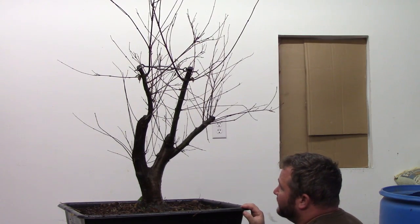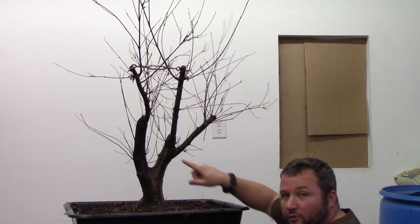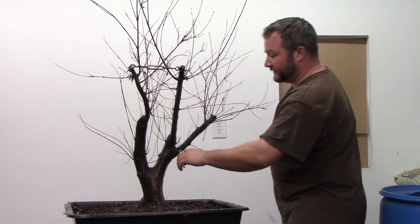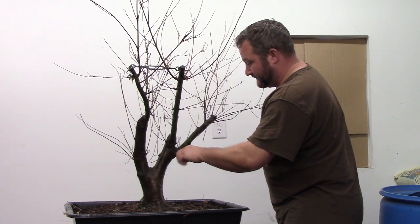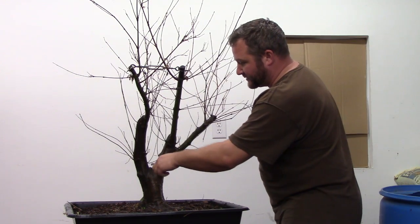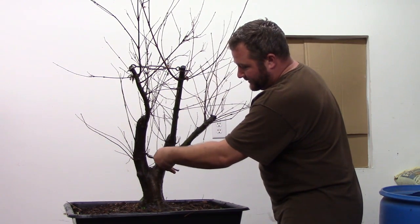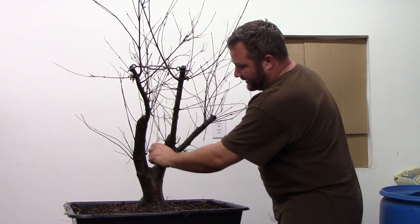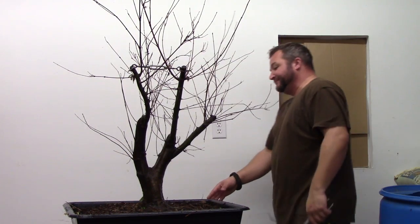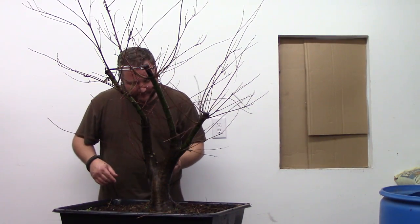Let's go ahead and get started with the basics. Obviously, the first things that we're going to want to eliminate is anything growing inwards or across anything. So, for instance, these two down here, it's growing back towards this direction. Anything on the inside of these two, like these here, this here, we left them on last year to give more energy into root development,